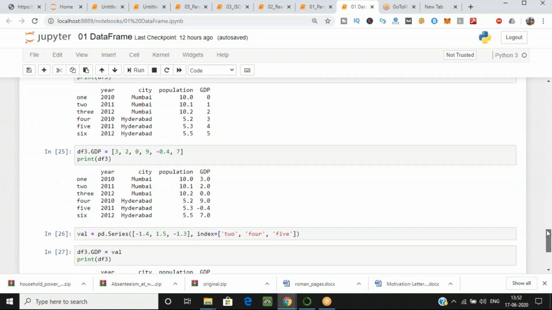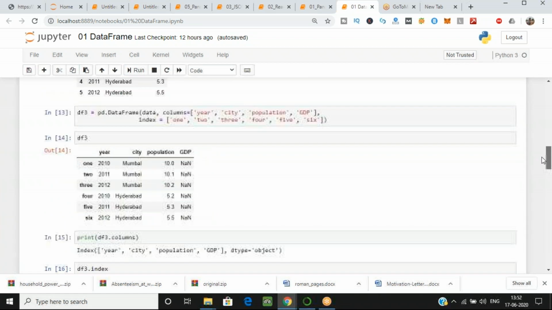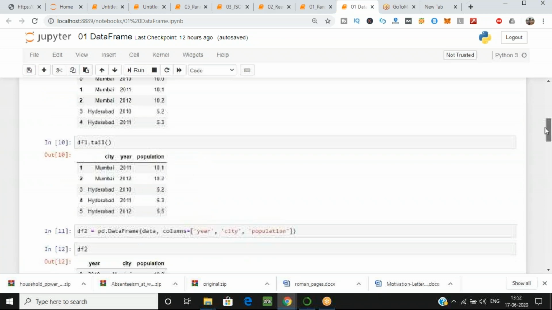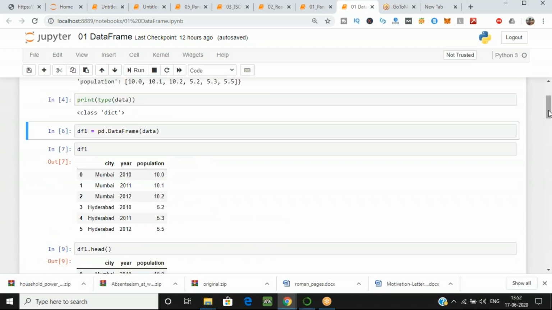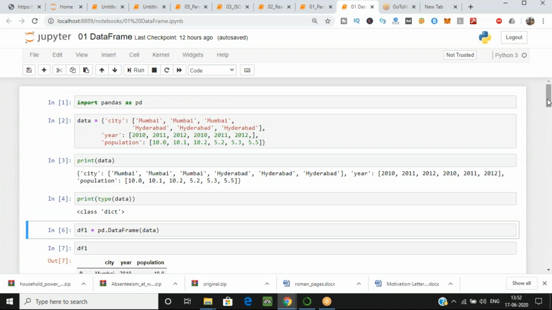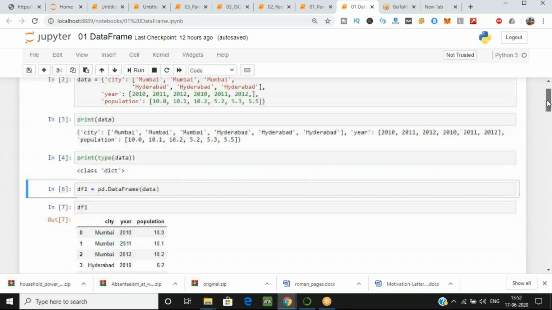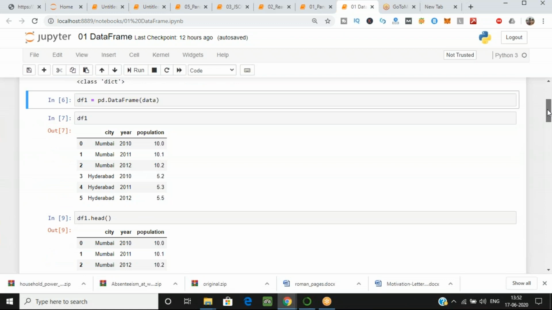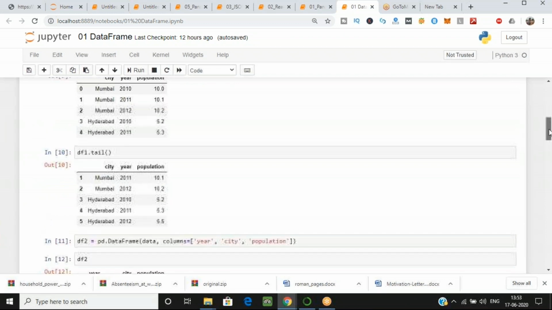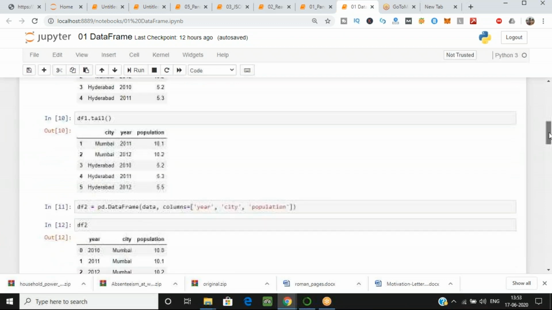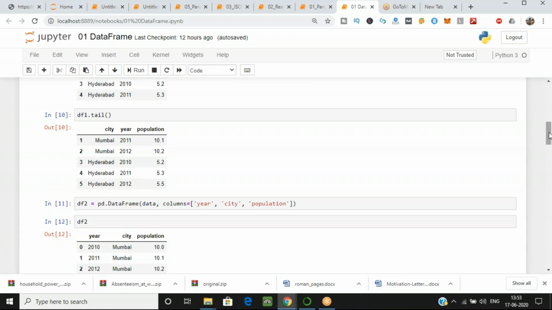Okay. Carefully listen now. First part you have done: you have to create a dictionary, and you have to create a data frame from that dictionary. You have done that till now. Now the data frame, I want the columns to be first year, then city, then population.